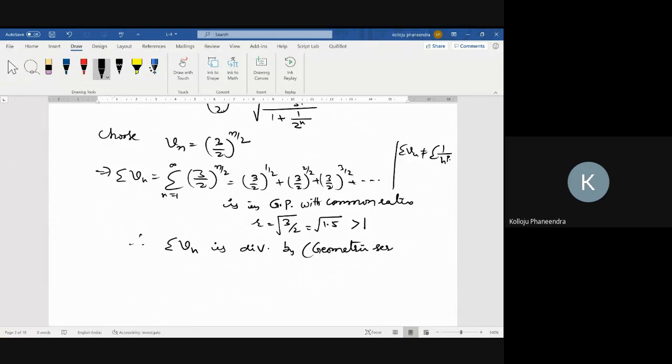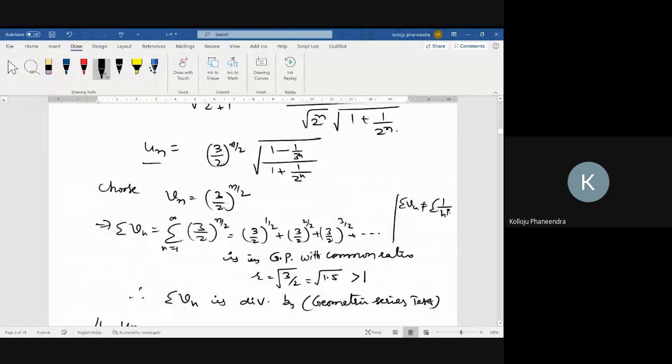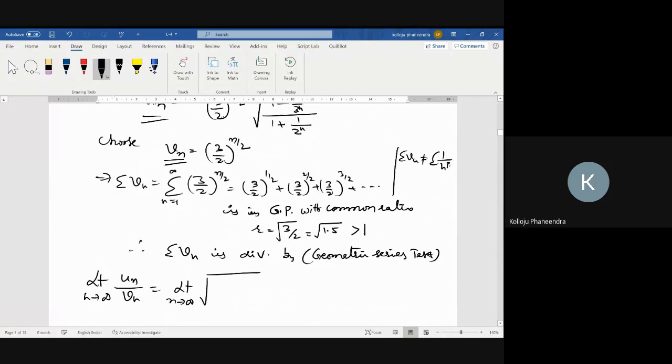By using geometric series test. Now, let me write the ratio. Our limit, now come back to limit comparison test again. I'm taking directly the limit of the ratio, limit n tends to infinity, un by vn. This is un, this is vn. So these (3/2)^n terms get cancelled, and the remaining is under root of 1